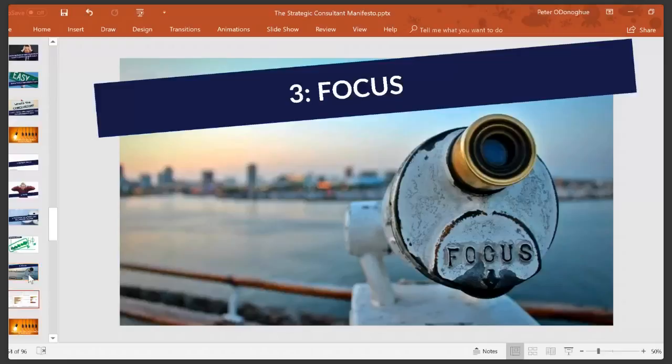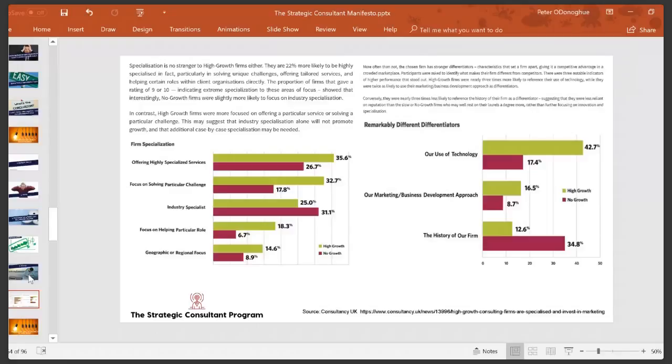And if you don't believe me, listen to what's going on in the marketplace. Consultancy.co.uk, their latest studies of the high growth consulting companies. The leaders offering highly specialized services, no growth, lagging way behind. And not only that, the leaders in the high growth, so these are the consulting companies in Europe with the highest growth over the last year,